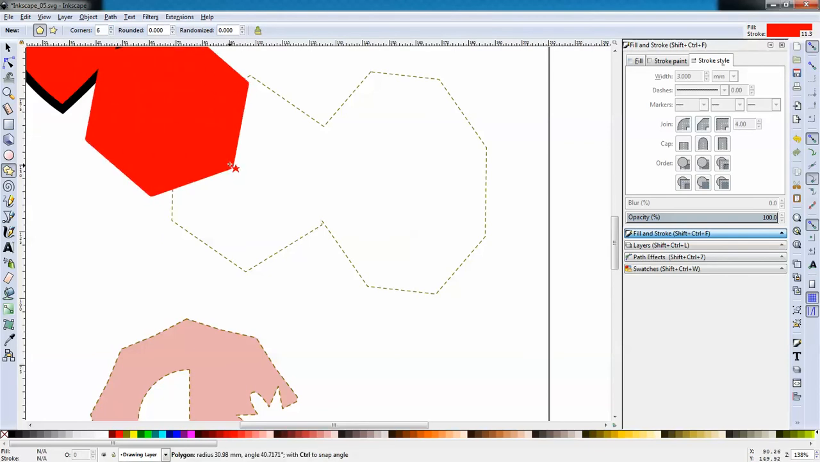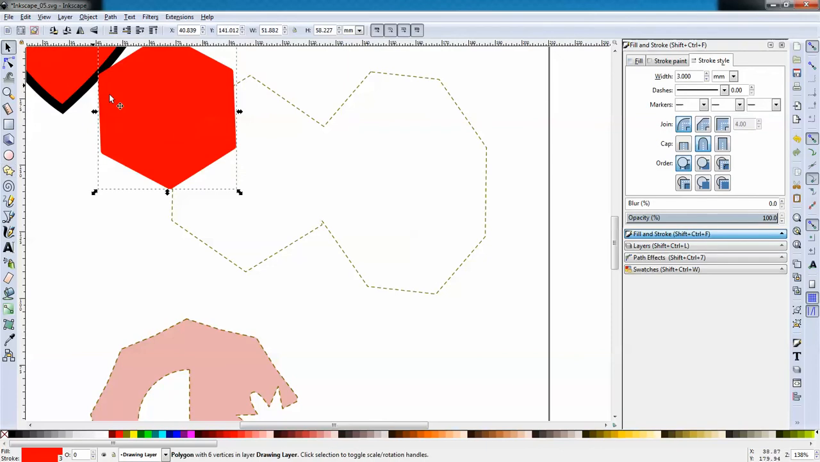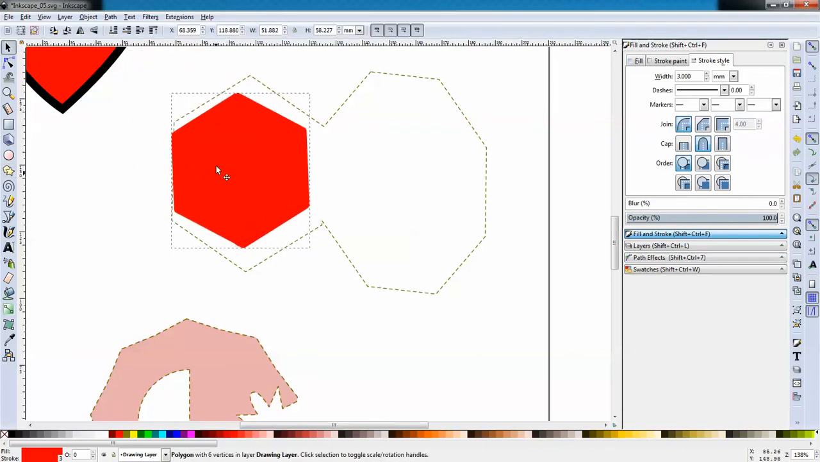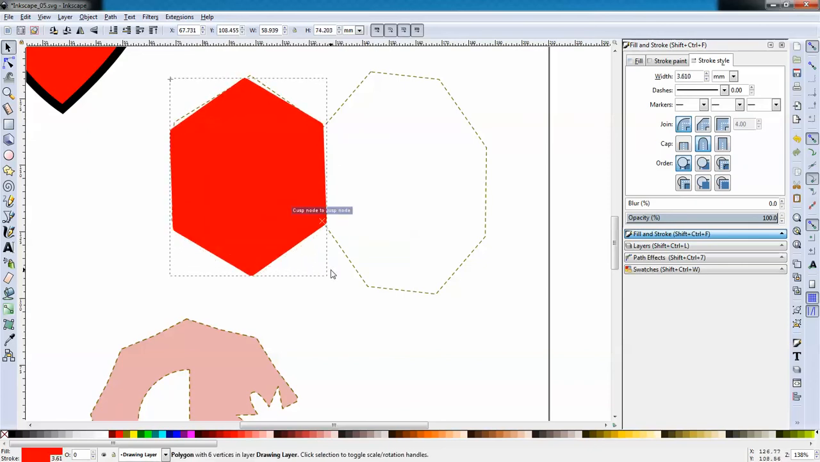So we're going to click and drag this, and then we're going to go to the move tool and move it where we want. It doesn't have to be exactly like this, but this is just kind of an idea of what we're going to do. Okay, so we're going to make this 6-sided shape. And then the next thing we're going to do is come over here and make